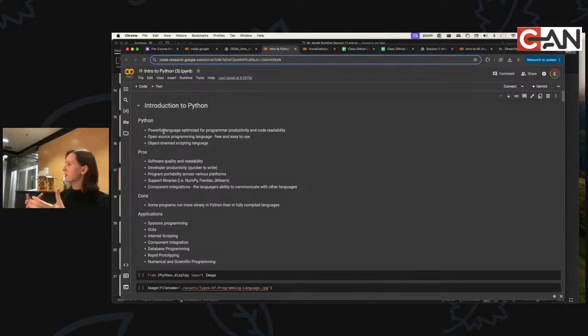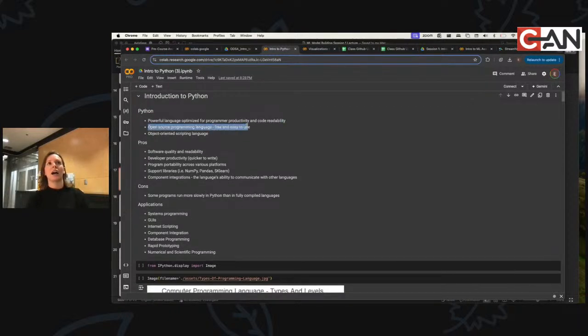Whereas other languages like Java, for example, tend to have a lot of ceremony around them. Java will say, to create a hello world, you have to do public, static, void, main, and what does all of that even mean? So the way they developed Python is very friendly. It's very easy to use, object-oriented or scripting, and it has high code readability.